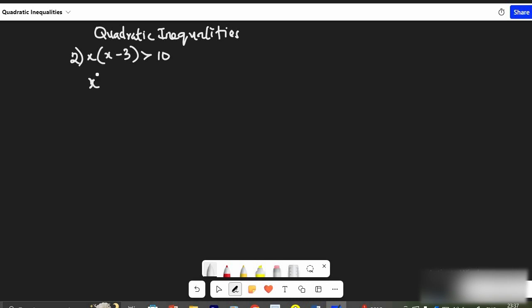So this is x squared, which is x times x here, minus 3x, which is x times minus 3, greater than 10. We move 10 to this side, becomes x squared minus 3x minus 10 is greater than 0. Okay, so after this, the next step will be to find the zeros